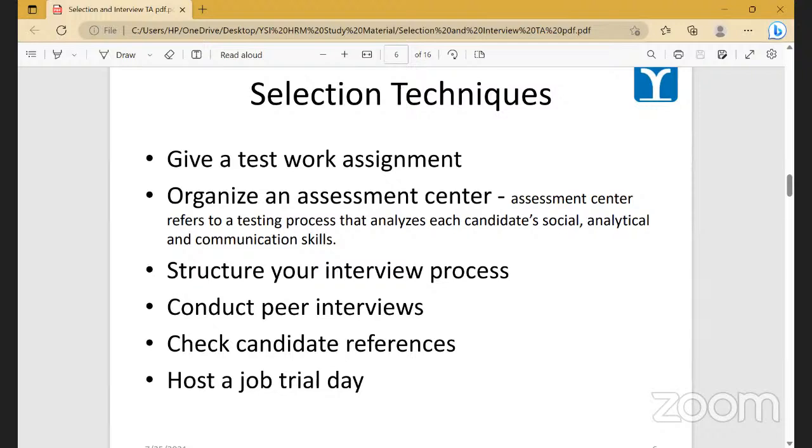Art in the sense that you need to be creative, innovative about what kind of questions you are asking, in science because you can easily evaluate from each question what kind of skills and competencies you are looking for, right? Then other conduct peer interviews. So what are peers? Peers are people who are working with us at a similar level, right? Yes. So for example, for these classes, you three are peers to each other. No matter Shivang has higher experience, he has been working in other organization, but just for this particular class and role, you guys are